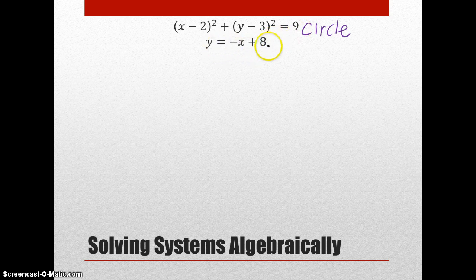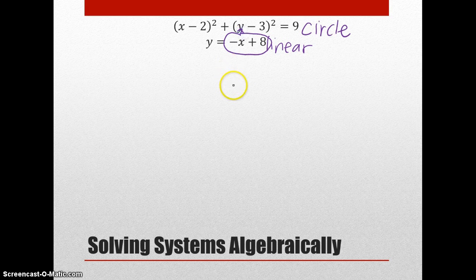Alright, y equals negative x plus 8 is linear, and it has a slope of negative 1 and a y-intercept of 8. So just like with our other systems, we're going to use substitution by solving for one variable and plugging it into that same variable of the other equation. So here we already have y solved for. So all we have to do is take this negative x plus 8 and plug it in for our y